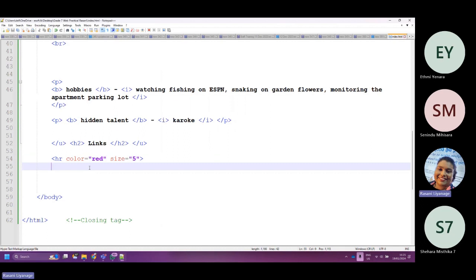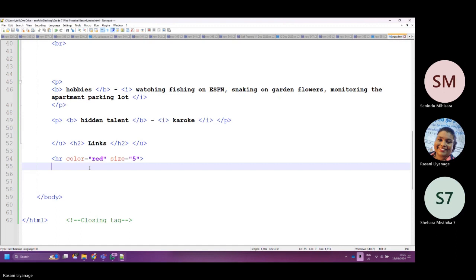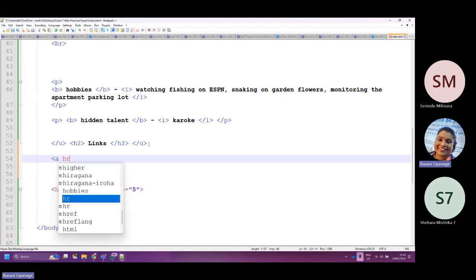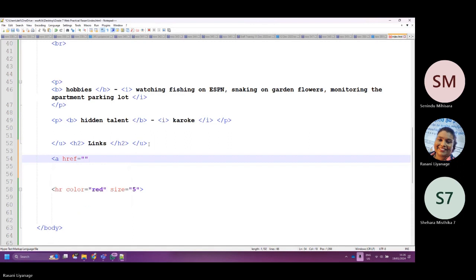Now I'll show you how to put a link. Let's add a link. Come under links. The tag for links is A. The attribute is href.